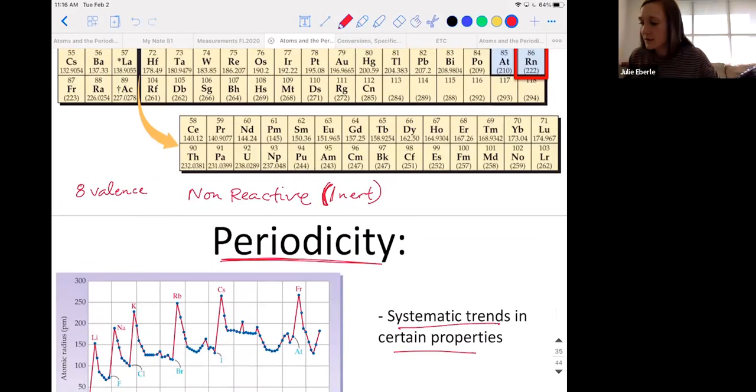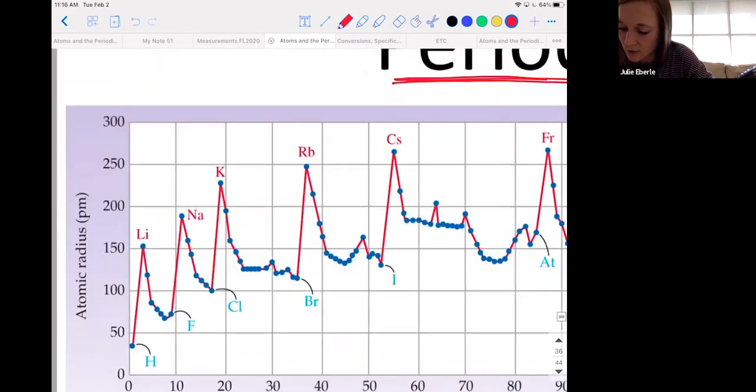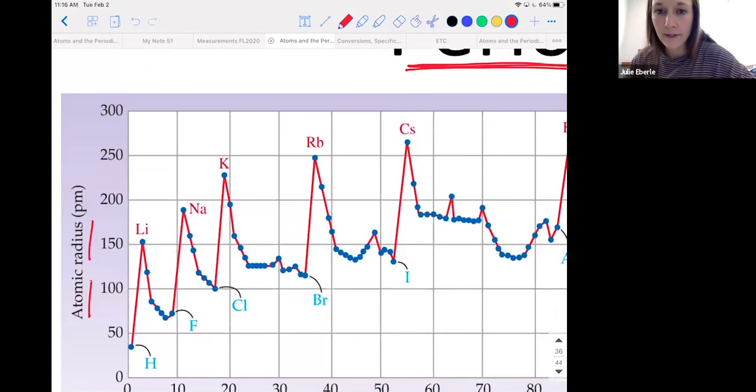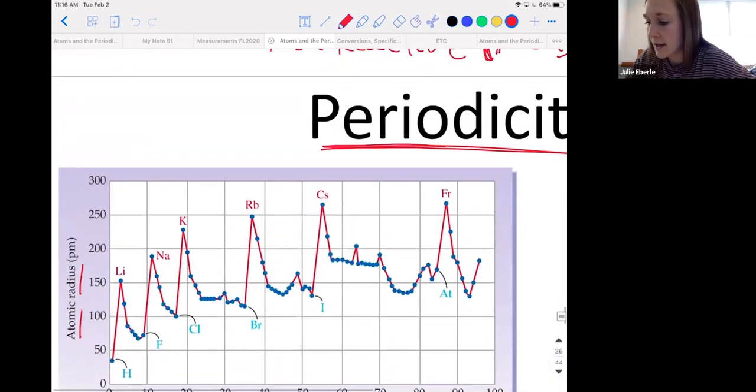All right. So a certain trend. So the first trend we're going to look at, you're going to have to turn your head sideways, but if you zoom in, we're going to talk about atomic radius. Okay, what is that? Obviously, radius has to do with the size of something. If you think about geometry, when you have a circle, okay, the middle of the circle, let's say it's here, the radius we know is the distance from the edge to the middle, okay?